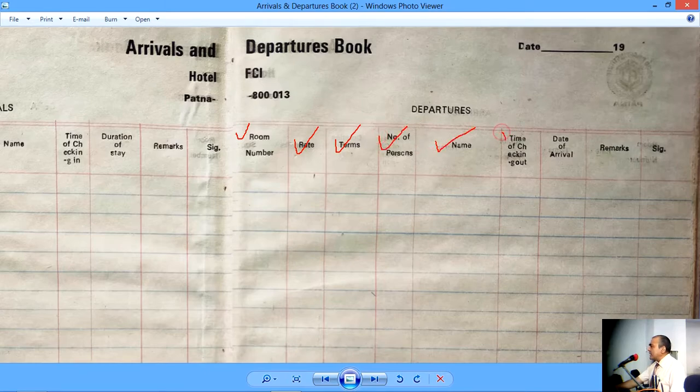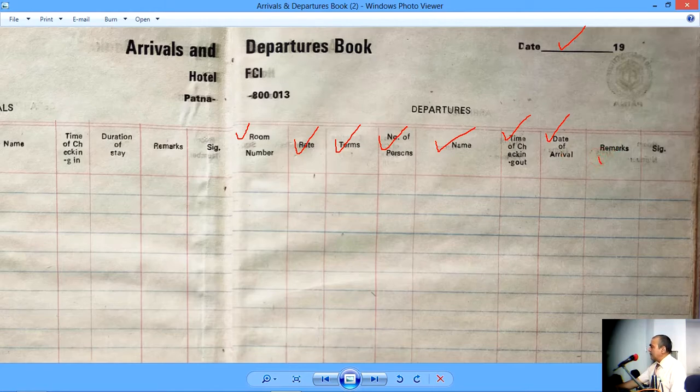Time of checking in has now become time of checking out. And date of departure, date of arrival is also mentioned here. And since this date here is known to us, from this date to this date of arrival will give us the duration of guest stay. This will also help us in correct billing amount.